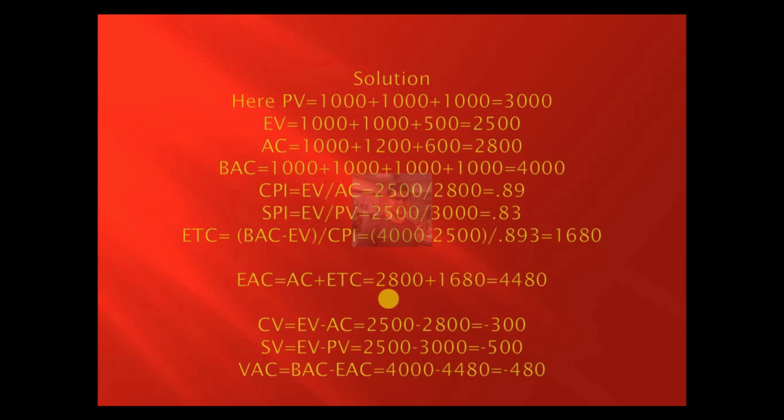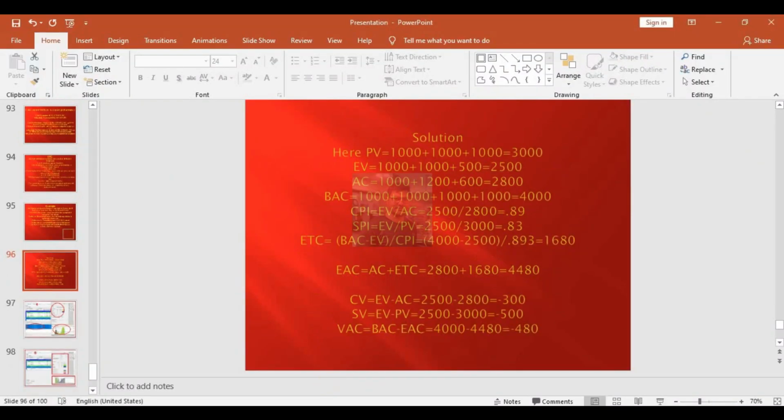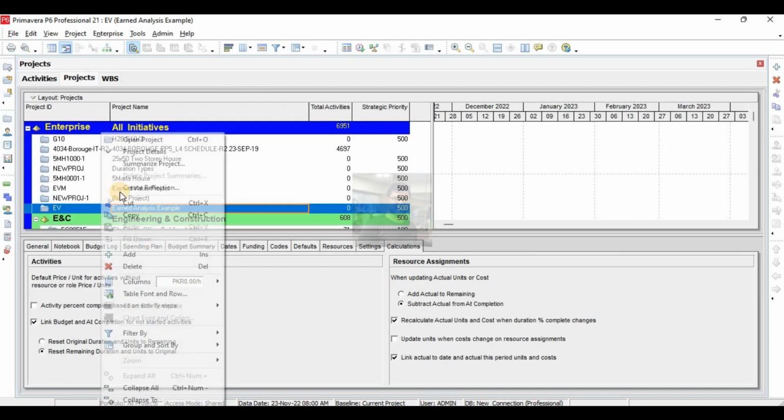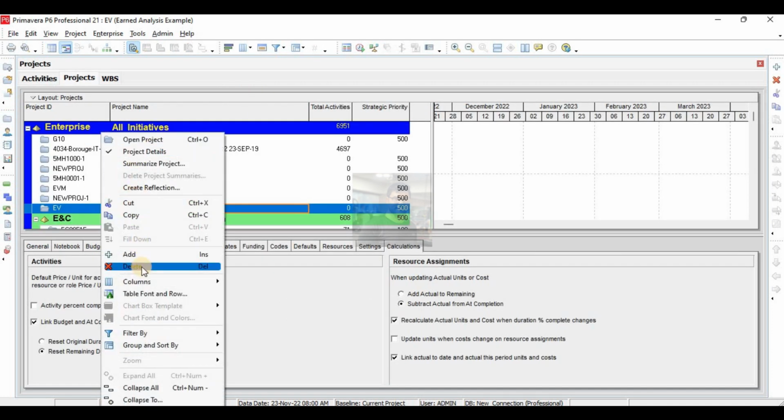Now, this same example we will incorporate in our Primavera P6 software, and we will see how Primavera P6 behaves. There is an issue in Primavera P6. It will not give you a proper CPI because the basic purpose of Primavera P6 software is critical path method analysis, CPM analysis.